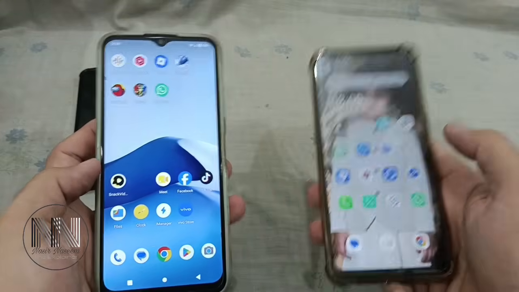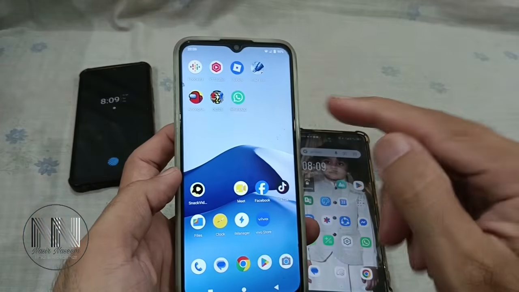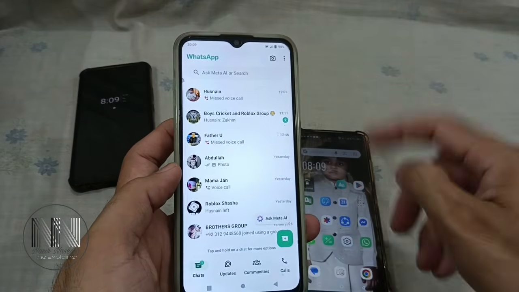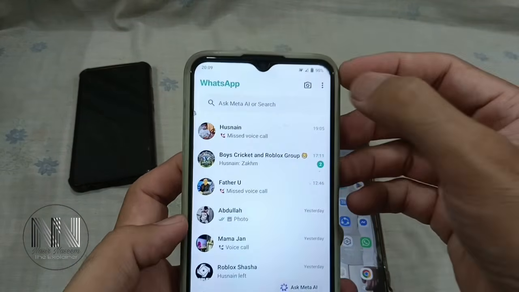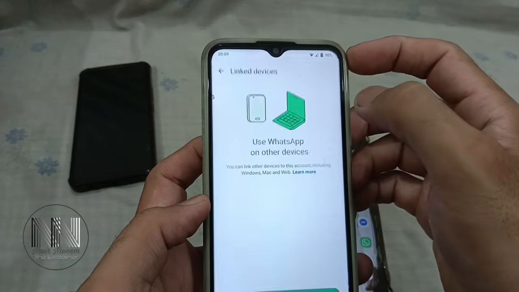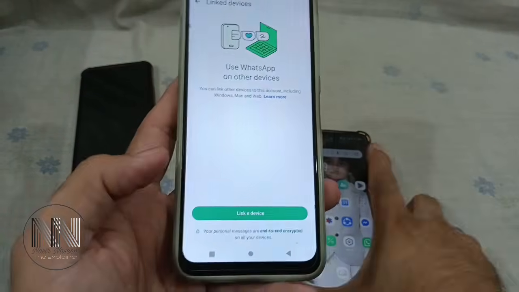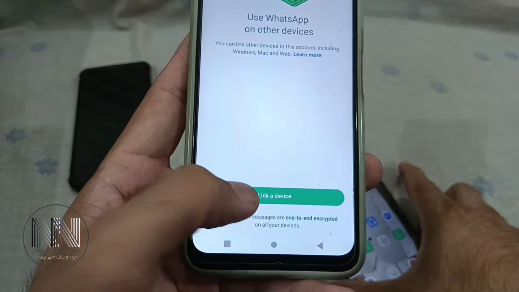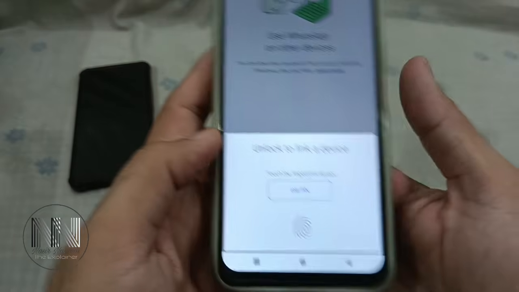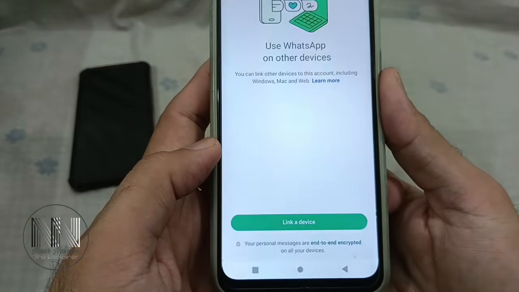First of all, I have a WhatsApp ID in this device. So open WhatsApp, and at the upper right corner there are three dots. Click and link device, and click on the link a device. So for the verification you need to verify yourself,